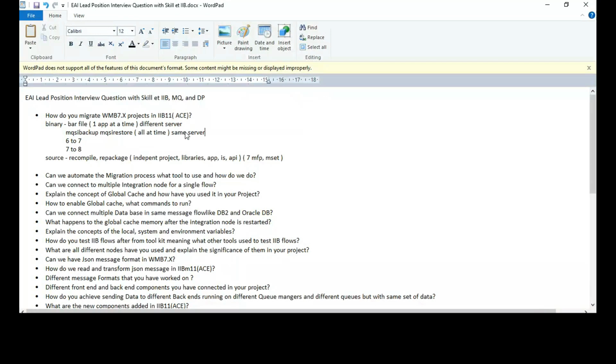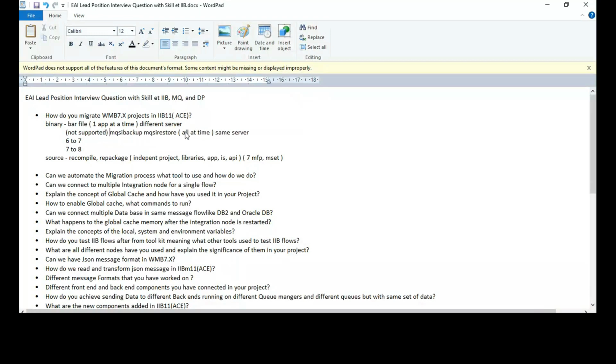The behavior of 7 and 10 or 7 and 11 code should be the same. It should behave the same. If it is, I'm telling you, if this option is available and it's supported by that command. So the MQSI command I know supports from 6 to 7 and 7 to 8. I do not know if it supports 7 to 11 and 7 to 10 because the architectures are different. So this option, I'm not sure if it is supported. You have to take a look into it. I know it is available from 7 to 8.